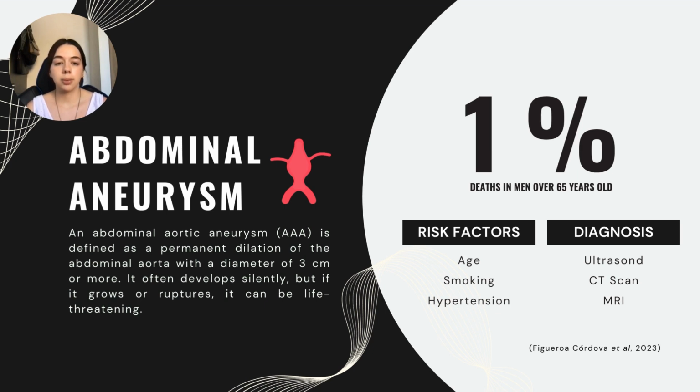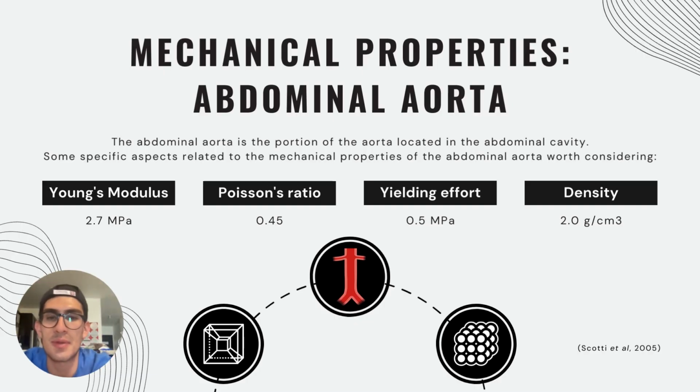Some of its risk factors are age, smoking, and hypertension, and some of the diagnosis methods are ultrasound, CT scan, and MRI. Here we can see the mechanical properties of the abdominal aorta: Young's modulus of 2.7 megapascals, Poisson's ratio of 0.45, yield stress of 0.5 megapascals, density of 2.0 grams per cubic centimeter. This data will be useful to fill in the characteristics of the material for the simulation